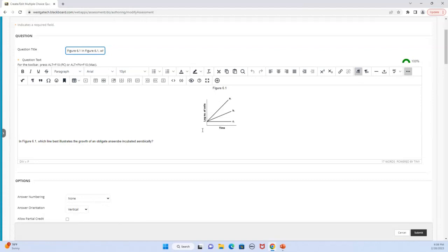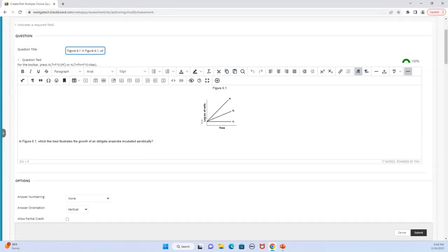Think about it. You are putting an obligate anaerobe, which has to live without oxygen. They're obligated to live without oxygen. And if I put them in an oxygen environment, aerobic, what's going to happen to them? They're not going to grow. They're just going to stay where they're at. They're just going to die. They're not going to grow at all. So that's this level